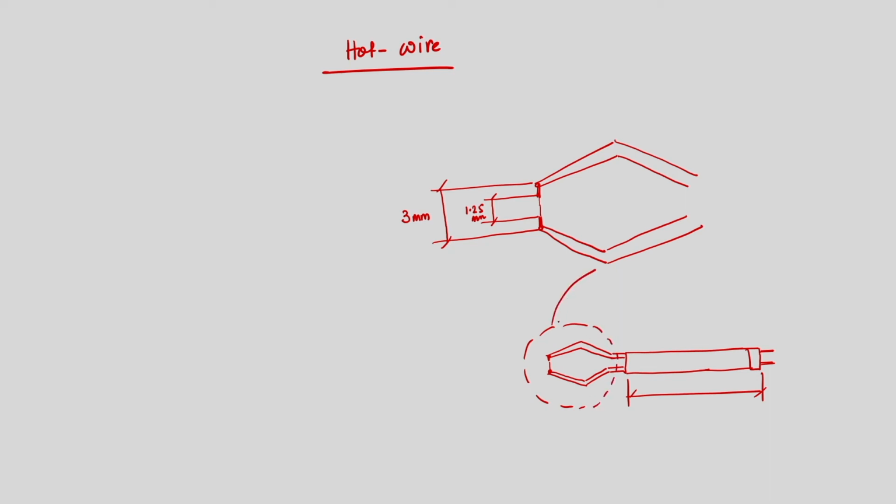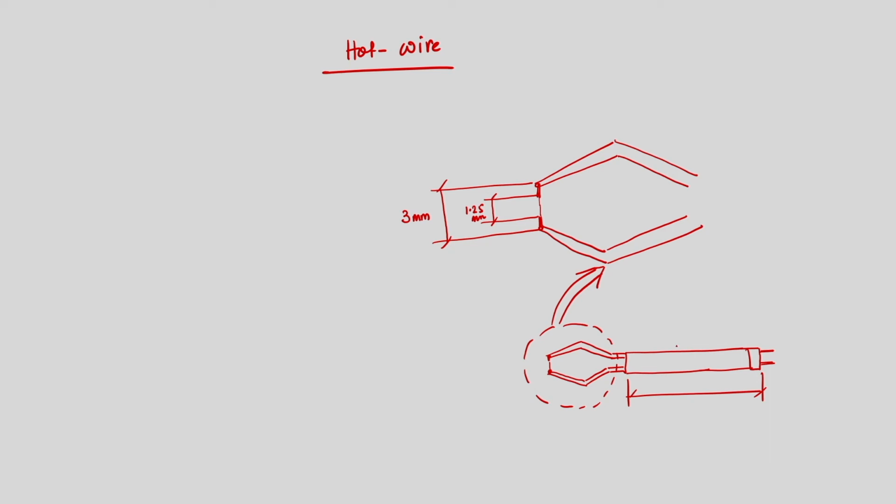This is shown in an enlarged view, that is, a zoomed in view of this part is shown at the top. The schematic shown in the top panel is the zoomed in view of the portion which is shown by the circle in the bottom panel.